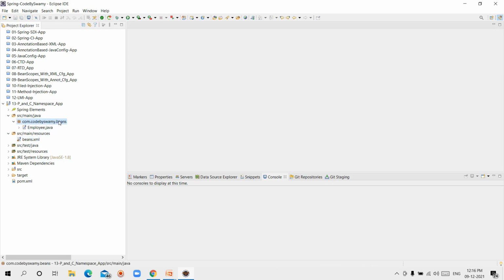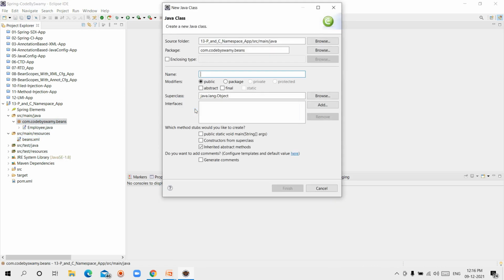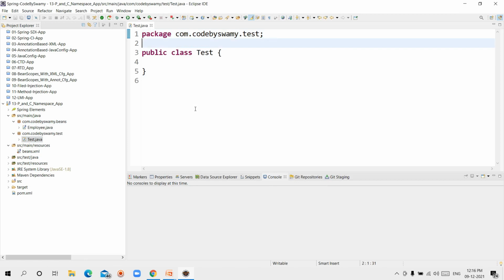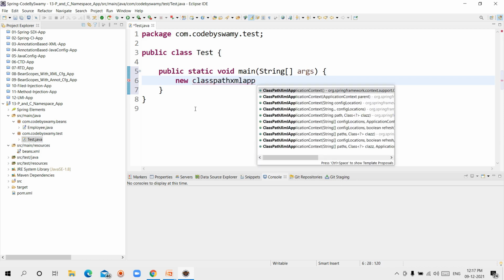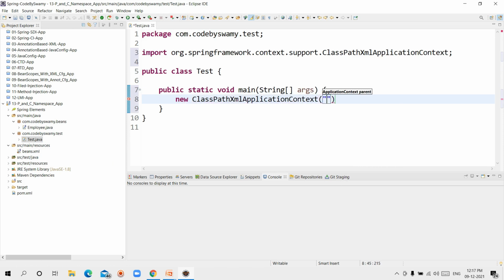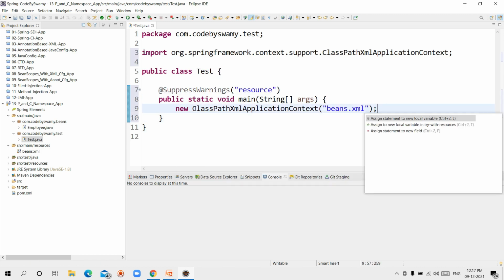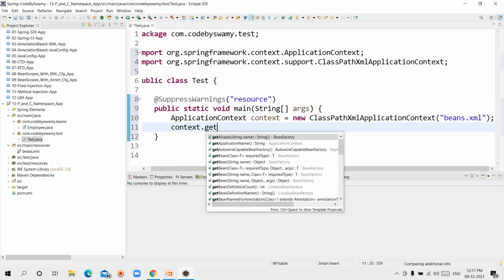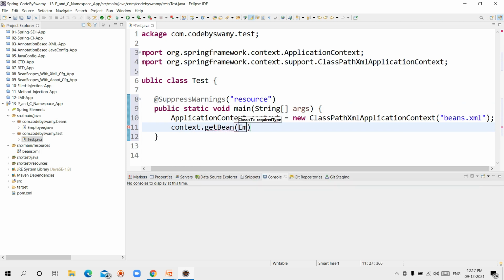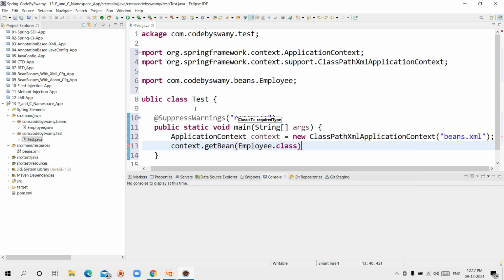This time I am creating the test class to test the application. Test, I'm changing Beans to Test. Main method: new ClassPathXmlApplicationContext, give the file name beans.xml, which returns an ApplicationContext. context.getBean of Employee.class returns an Employee object.